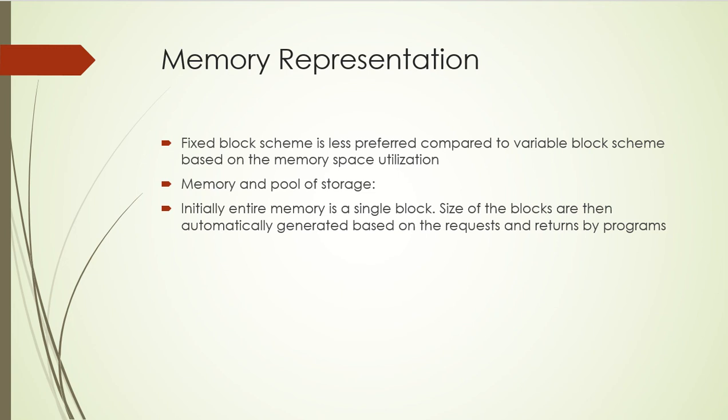So in the initial case, when you have no process under execution, the whole lot of memory, we talk about main memory here, will be free. So initially the memory bank will be one big node, and Avail will be pointing to that single node. Whenever programs come in and you allocate memory for them, this node will be broken, and there will be nodes from which the actual linked list comes into existence.